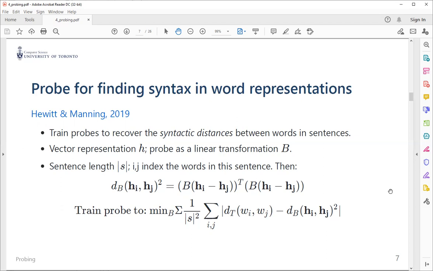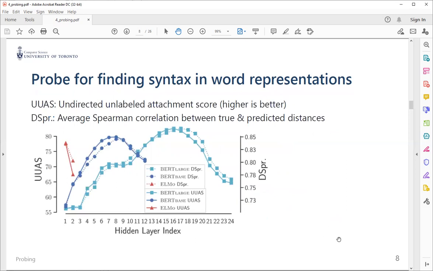And they want to minimize the distance between the predicted and the true syntactic distances. And they found out that the probe, as a linear transformation, can actually do it pretty well, especially in the corresponding layers. So they measured how well the probes are able to recover the syntactic distances using UUAS, higher is better, and Spearman correlation, also higher is better. So in this figure, they found out that there are some layers that are doing much better